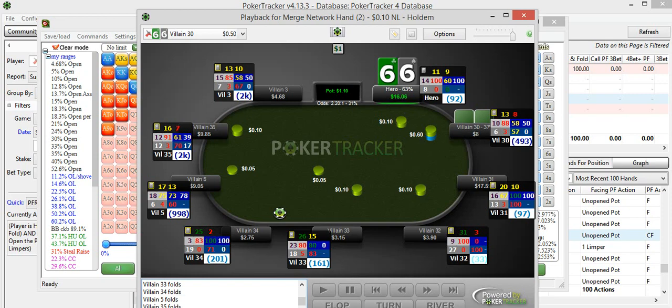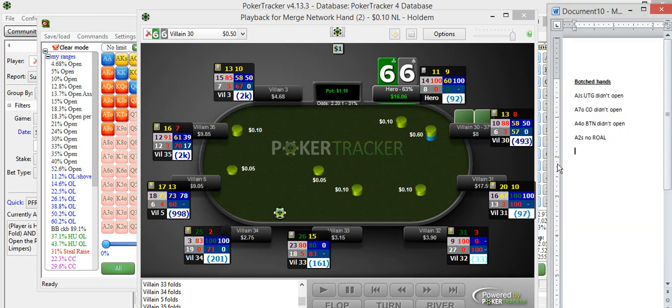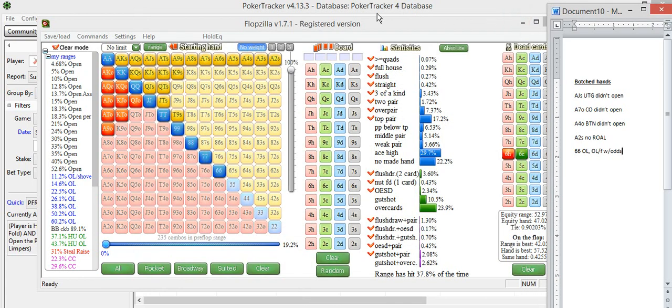So I would have to say, darn it, we encountered another mistake. The first mistake was open limping. Next was open limp folding with odds. What a shame there. So that's how I would go through my hands, and I would continue, of course, with